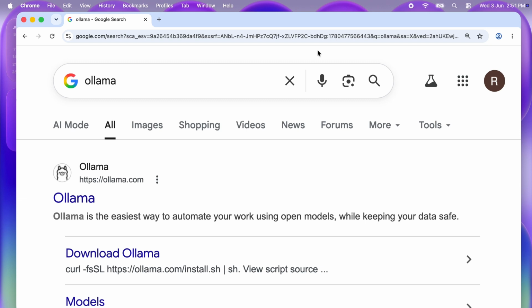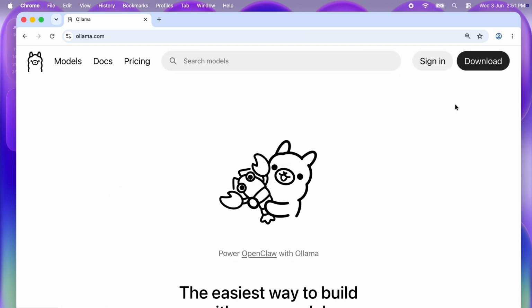In this video, I will be showing you how to install Ollama on Mac. So let's get started. First thing, just search for Ollama. We'll be having the official link. Open it, and to the rightmost top, we are having the download option. Click it,